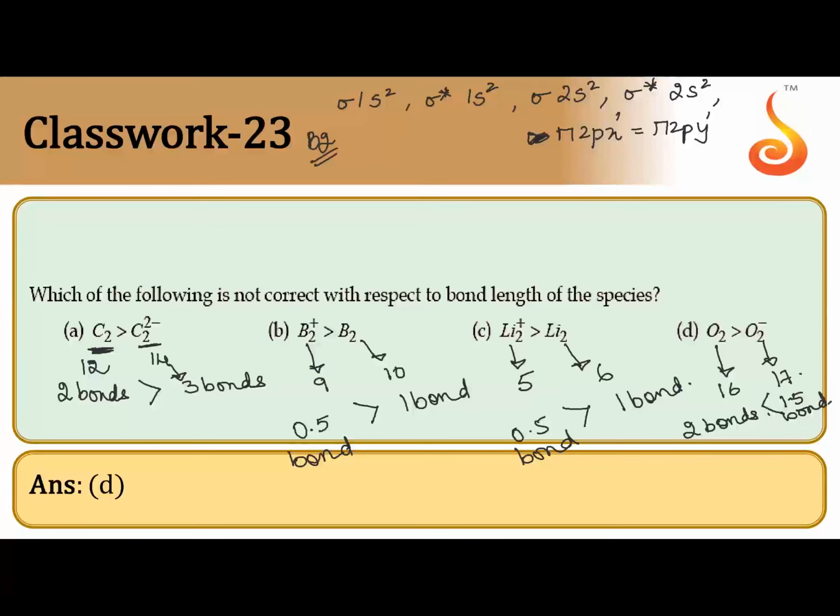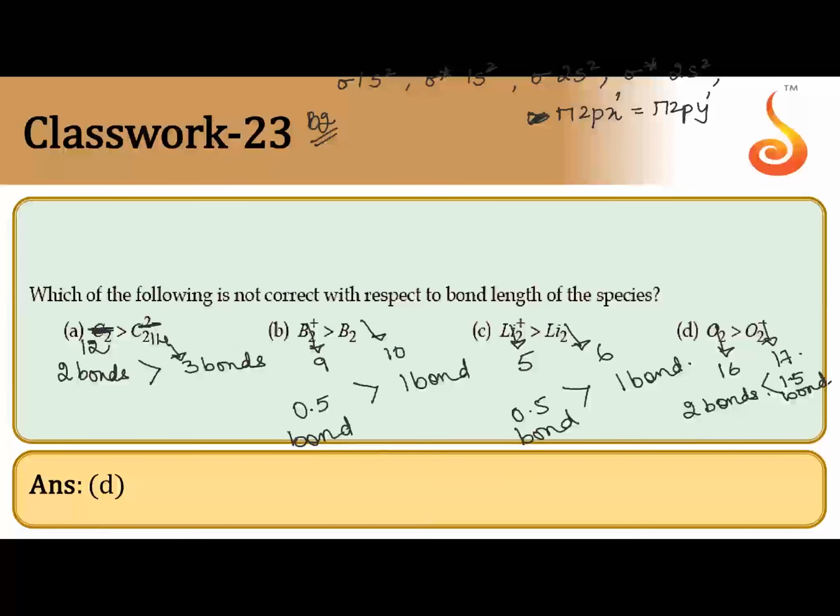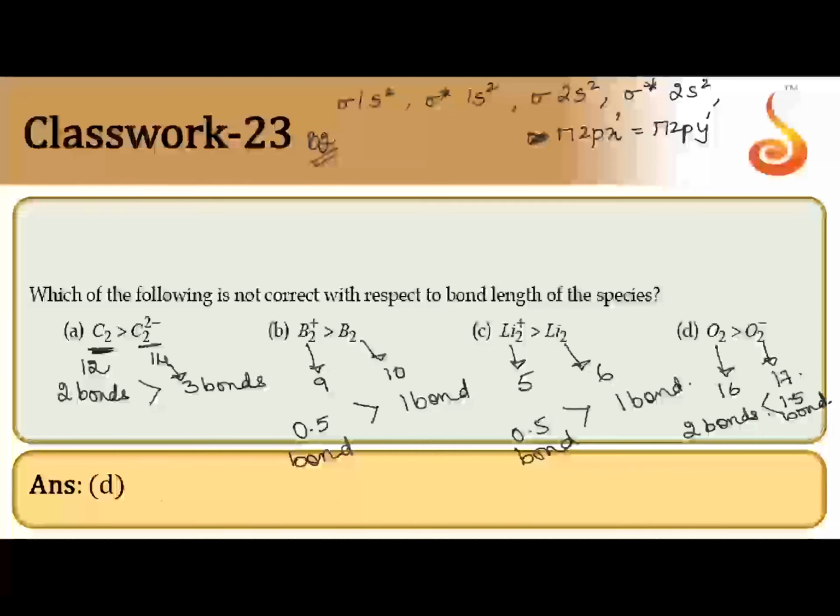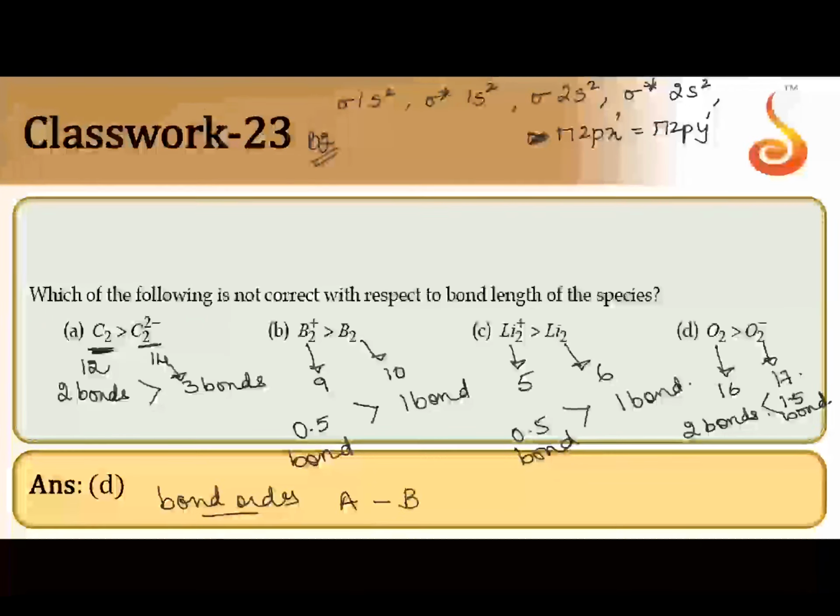Fewer bonds means the bond length is greater. Bond order and bond length are not at all the same. Bond order means how many bonds are present between two atoms. So 3 bonds, bond order is 3. Bond length means the distance between these two atoms. If there is a triple bond, the distance is less. If there is a double bond, the distance increases. This is a triple bond, so you have it like this. If there is a double bond, it becomes like this. If it's a single bond, it increases further.